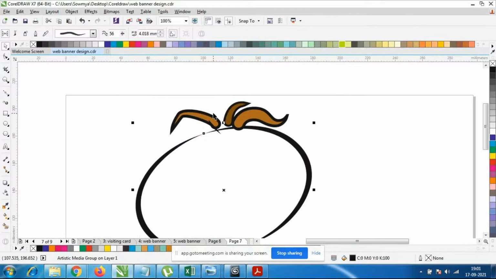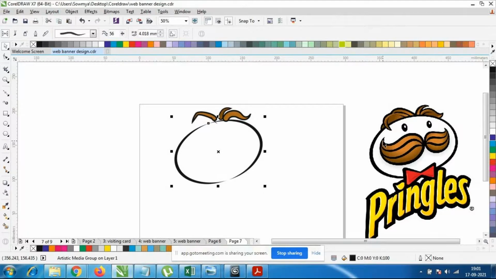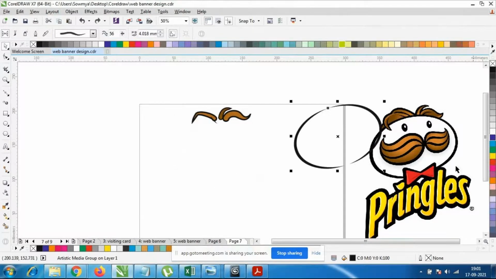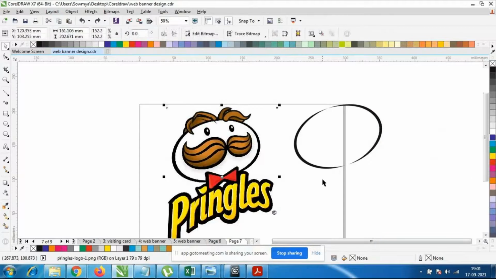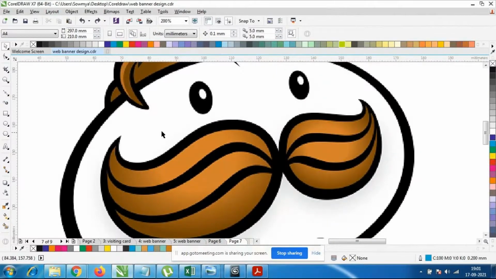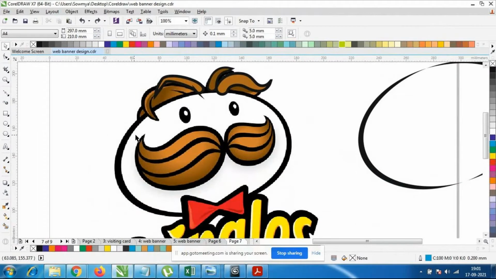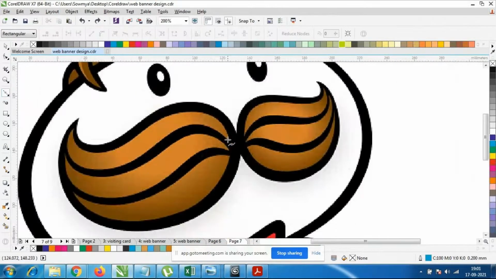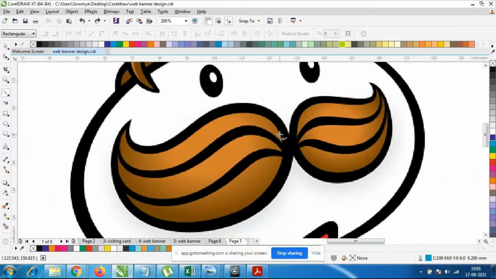We should add one design for this. Otherwise, it's easy to do in the Bezier tool. According to me, it's very easy if I do it in the Bezier tool. In 10-15 minutes, I can finish it in the Bezier tool. But if we have to use the artistic media tool, then we have to do each and everything slowly. So I'll show you the same thing with the Bezier tool. I'll click on this point